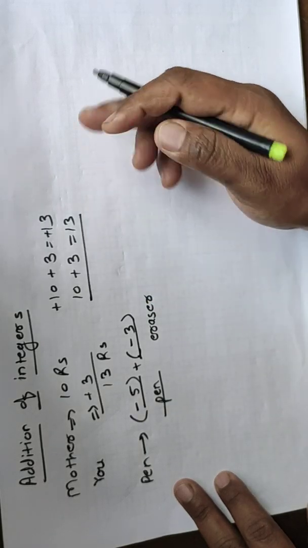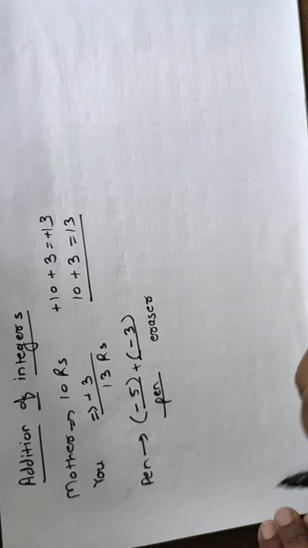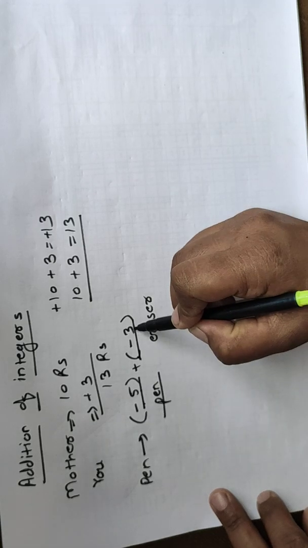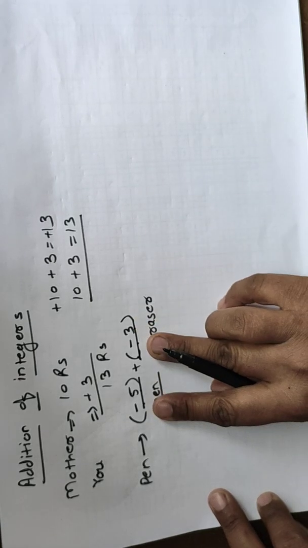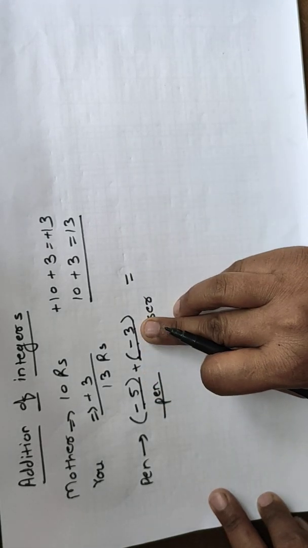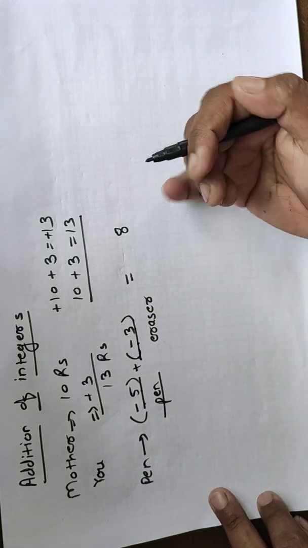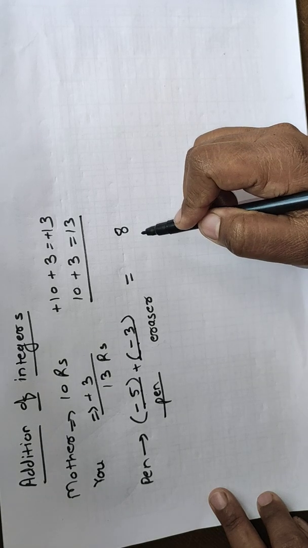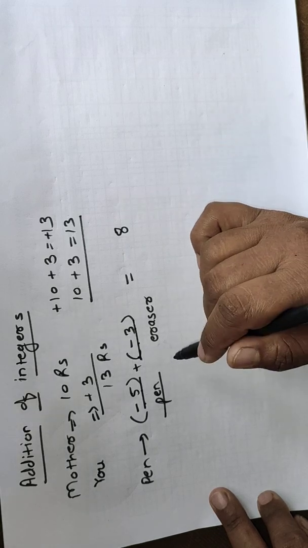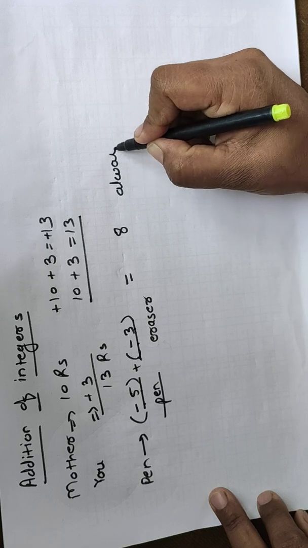You can do this addition very easily, but in this type you get confused. So at that time, if both are negative numbers, this 5 is negative and 3 is also negative, then we have to do the addition of both numbers. So 5 plus 3 is equal to how much? It is 8. But which sign do we have to give? Keep in your mind, whenever you are doing addition or subtraction of integers, you always have to give the sign of the bigger number.